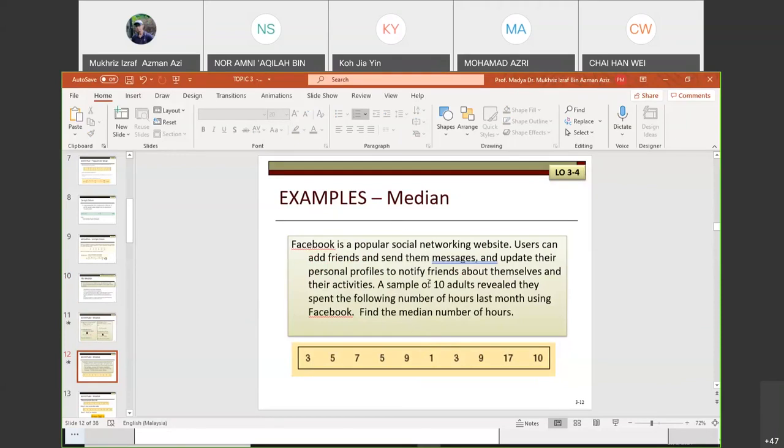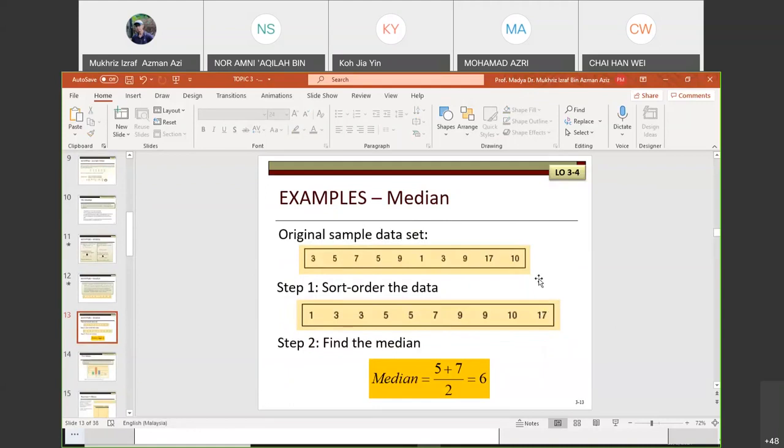You have a sample of 10 adults. Again, the word sample means this is not from the population. But for the median, there is no difference whether it's a sample or population because the formula is just basically arranging from smallest to highest. Here, since this is an even number of observations,